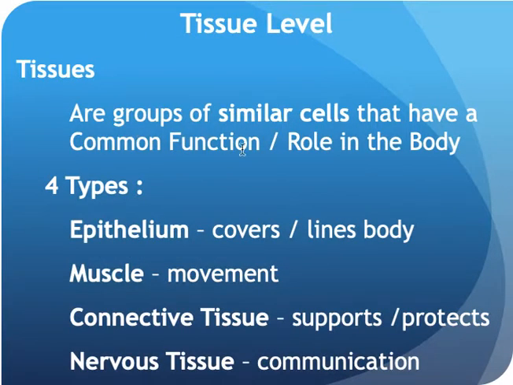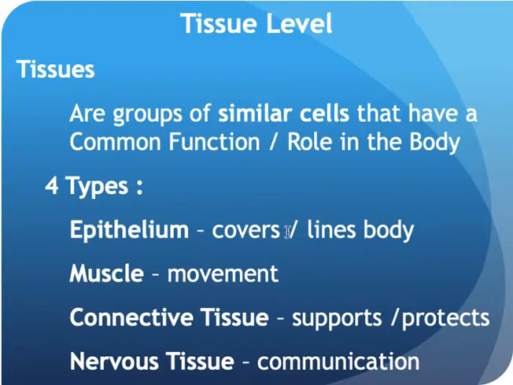So these are groups of similar cells that have a common function, a common role in the body. We get 4 types. We get to do a whole chapter on these after we do the cell. We get epithelium, muscle, connective tissue, and nervous tissue. And if I want to just break down these 4 types and what their main function is going to be,